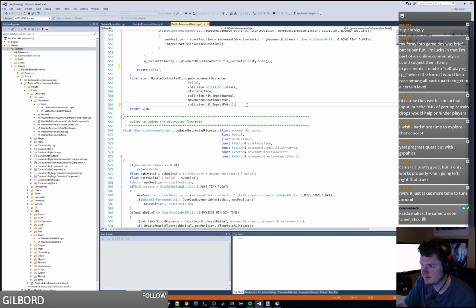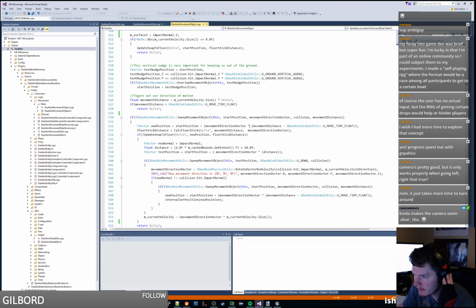Alright, we can get rid of some code here. So I'm looking at this. If we swept our movement object and didn't collide with anything, we're moving, and then we're going to calculate our floor stick, and if we don't snap to the floor, what we're doing is